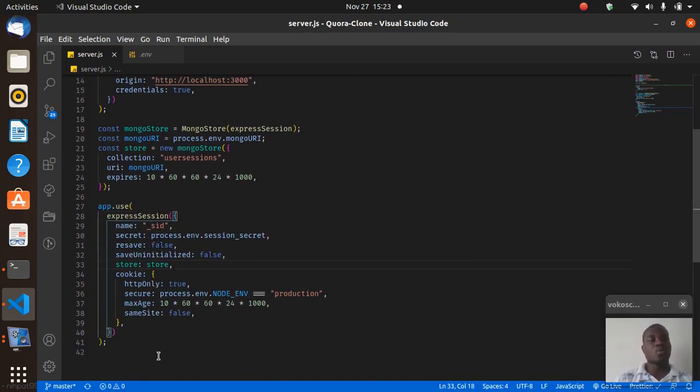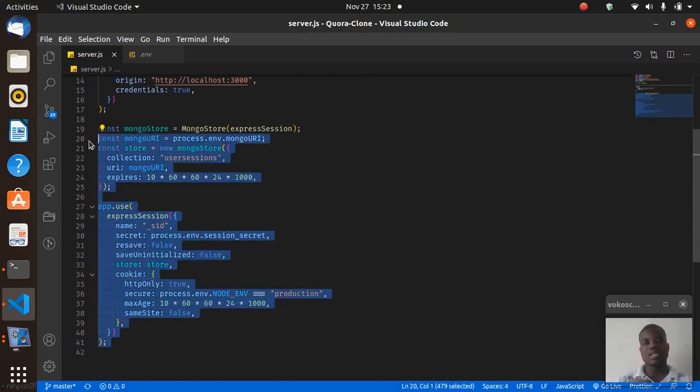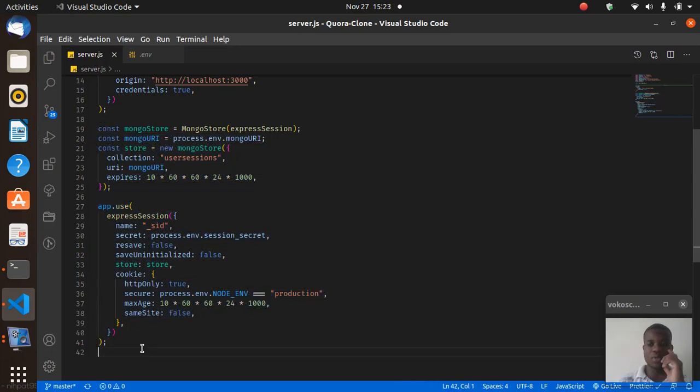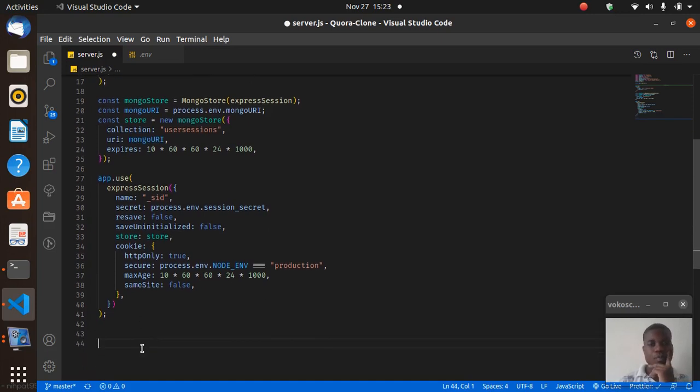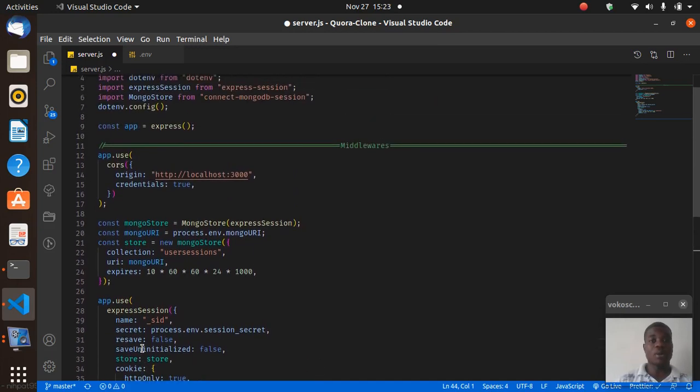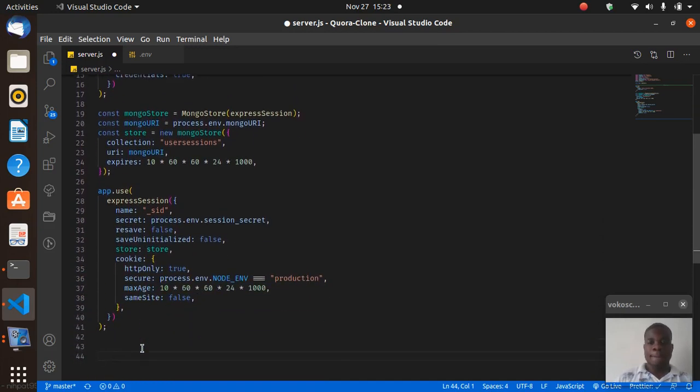So this is what will help us make server-side sessions, and we'll dive in deeper when we handle the logging in. That's where express session will be used, and so on and so forth. Right, so now we're done with our middlewares. Now we want to connect our database itself, not for session handling, but for storing the usernames, the messages and everything. So now we say MongoDB connection and